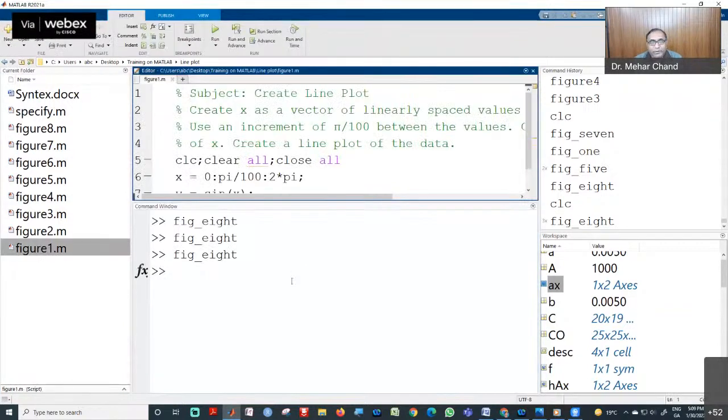I have created all the script files. And the benefit of a script file is that